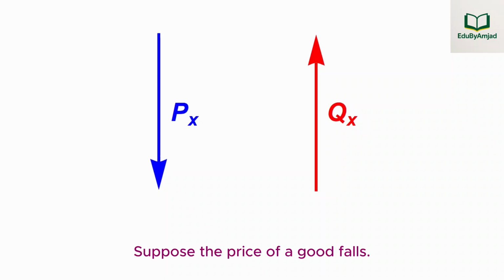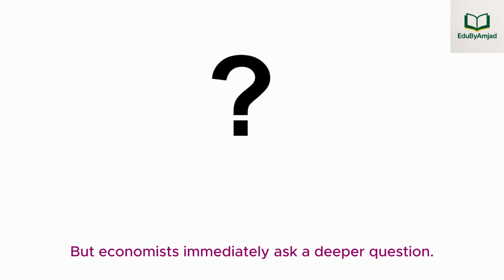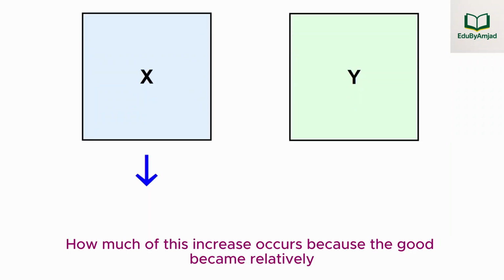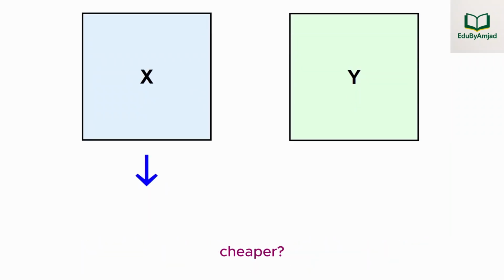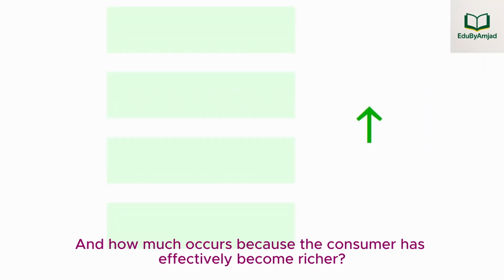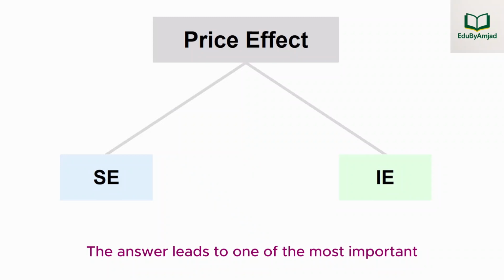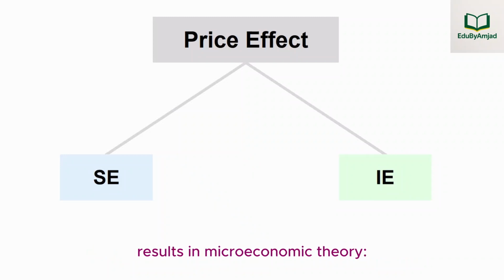Suppose the price of a good falls. Consumers usually buy more of that good. But economists immediately ask a deeper question. How much of this increase occurs because the good became relatively cheaper? And how much occurs because the consumer has effectively become richer? The answer leads to one of the most important results in microeconomic theory: